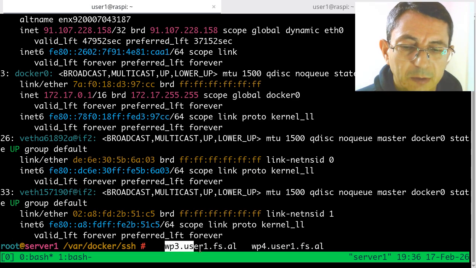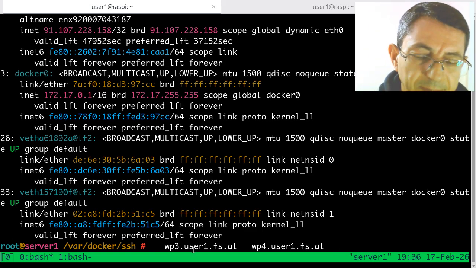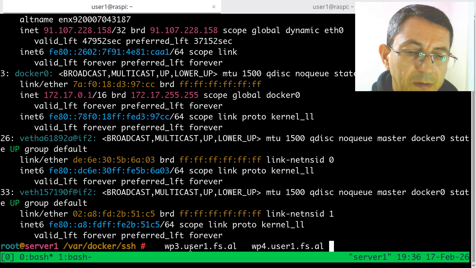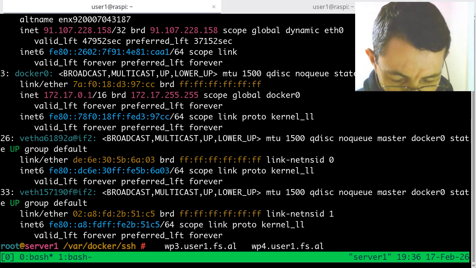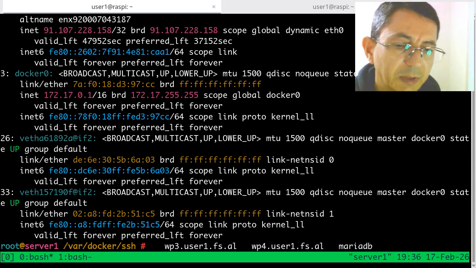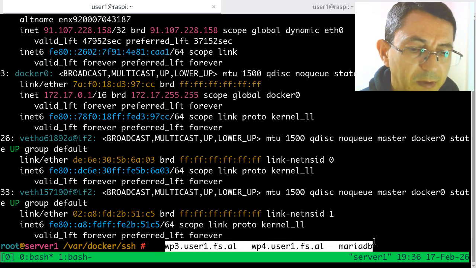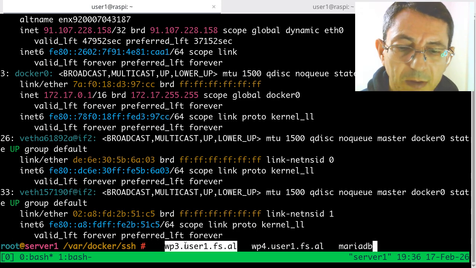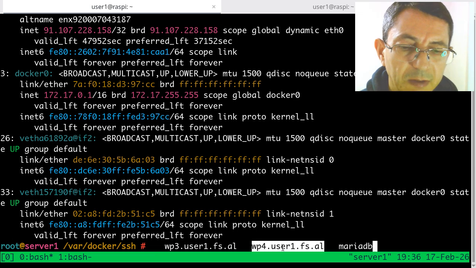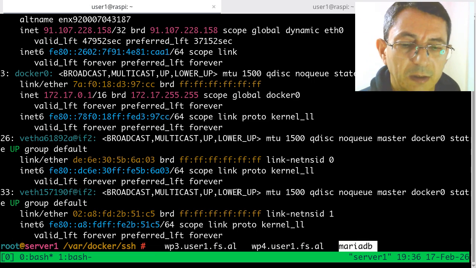So we are going to create a Docker container for each of these two websites. But we also need another container for mariadb. And also we need a virtual network, a Docker network between these three containers, so that they can communicate with each other. So that this container can communicate with mariadb, and this one can communicate with mariadb. So we are going to create a Docker network as well